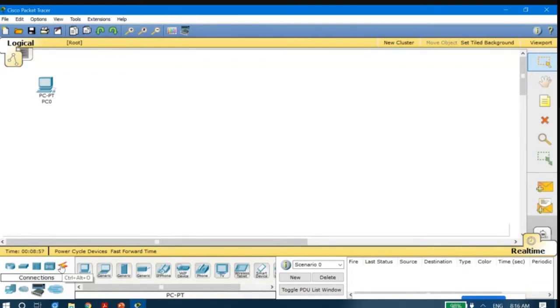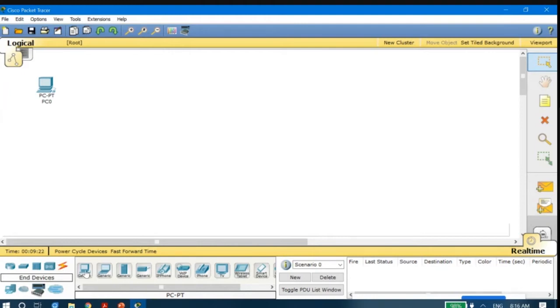Which variant of Cisco Packet Tracer have you installed? The one that was provided, or have you installed it from somewhere else? No, sir, the one which was provided. So it should not ask anything. Sir, it's a Windows security alert. Oh, Windows security. Acha, acha. Then you could allow. Okay, sir.